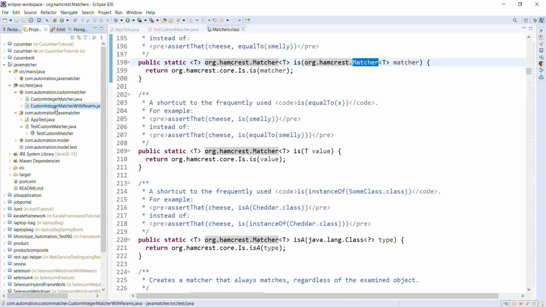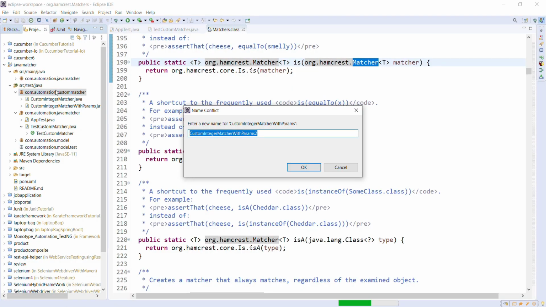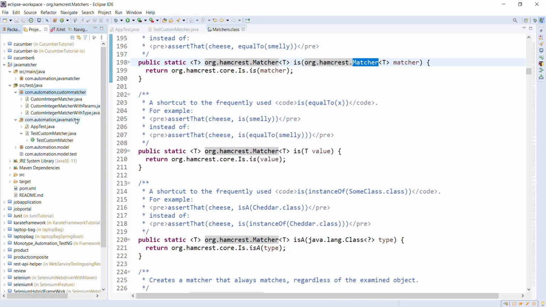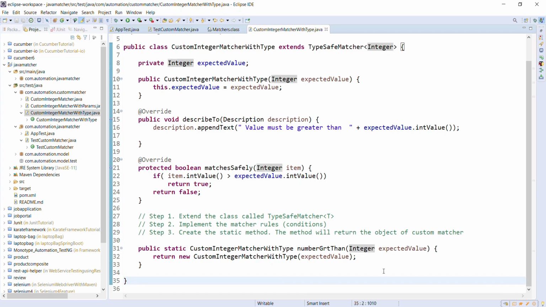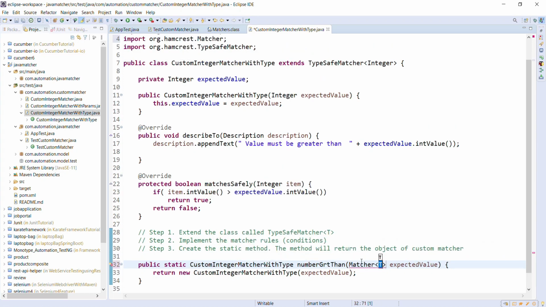So let me create a copy of this class and call it CustomIntegerMatcherWithType. I'm going to change the type of this parameter, and the type will be Matcher of Integer.